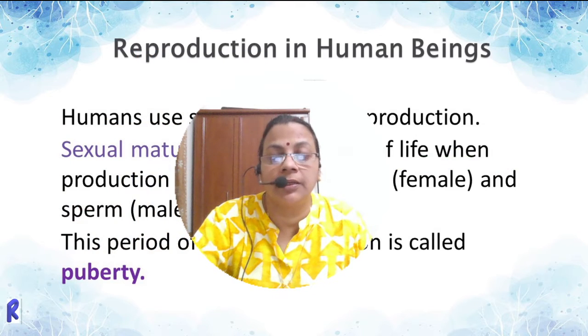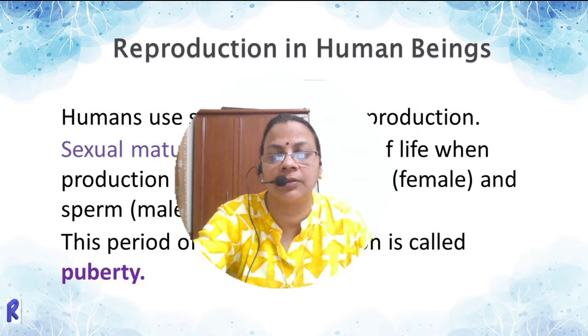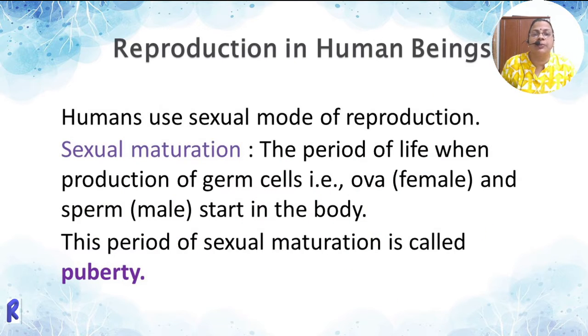Human reproduction follows the sexual mode of reproduction. That means we have already discussed that sexual reproduction involves biparental union. Two parents are involved and they produce the sex cells in the form of gametes. And these gametes will fuse at the time of mating. That fusion product we can call a zygote, a single cell. The sperm and the ova will fuse together and form a zygote. The zygote only later develops into an organism.